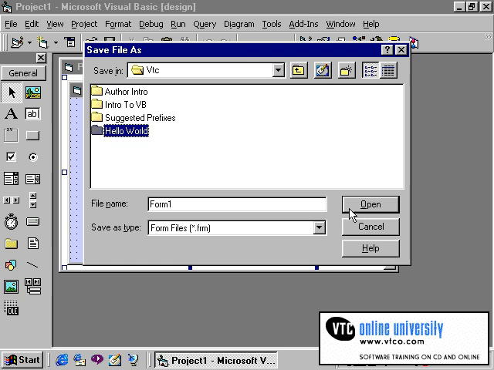I will open this folder, and now I can go to the file name, which you'll notice is the default name of Form1. You should not use this as your file name. Use an appropriate file name such as Hello World. So now I have a HelloWorld.frm by default being stored in my Hello World folder. Click on Save,